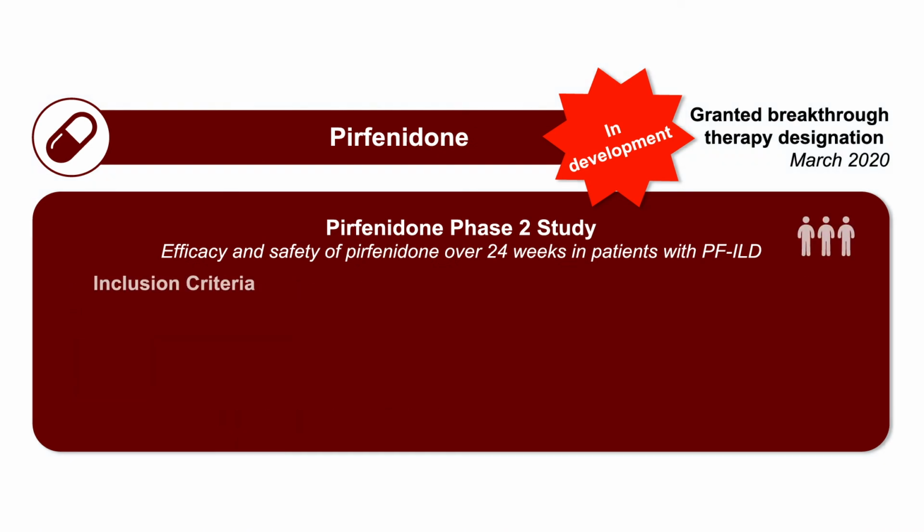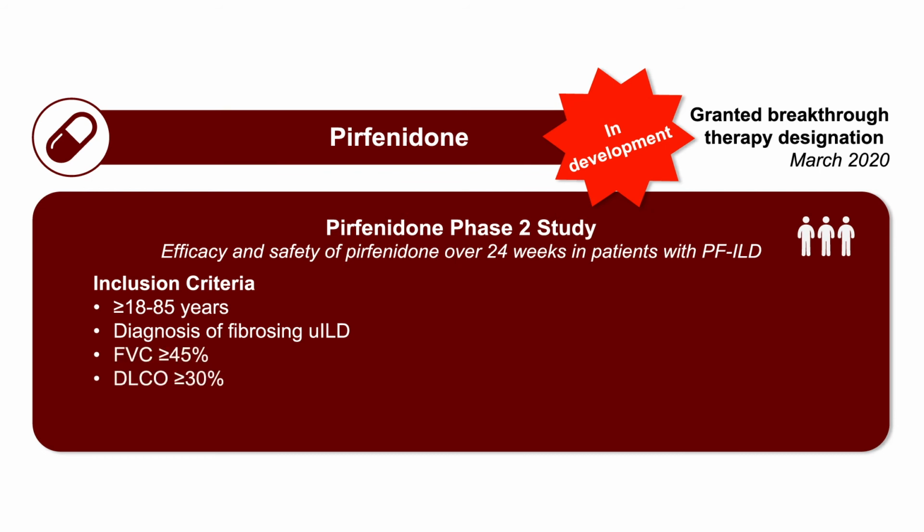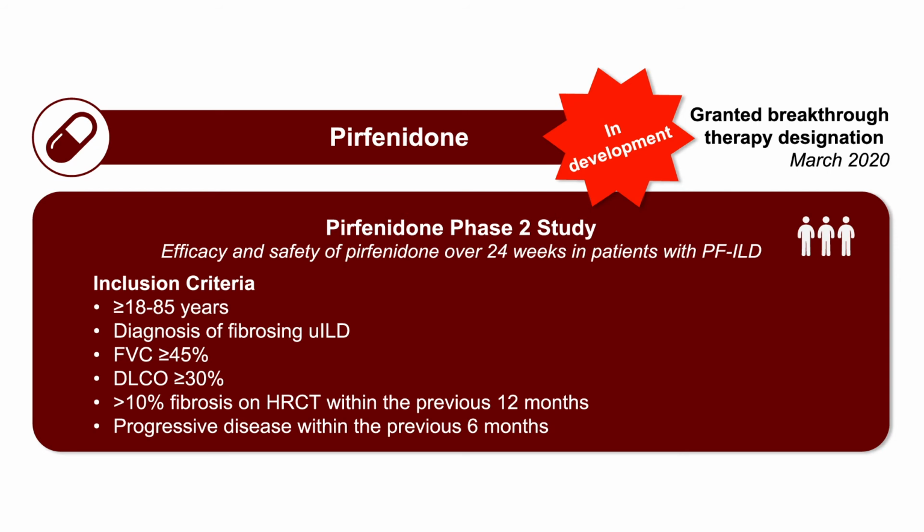inclusion criteria here. You've got patients that are greater than or equal to 18 to 85 years old. They have a diagnosis of a fibrosing undifferentiated interstitial lung disease. Their FVC was greater than or equal to 45%. Their DLCO was greater than or equal to 30%. They had greater than 10% on HRCT within the previous 12 months, and they had progressive disease within the previous